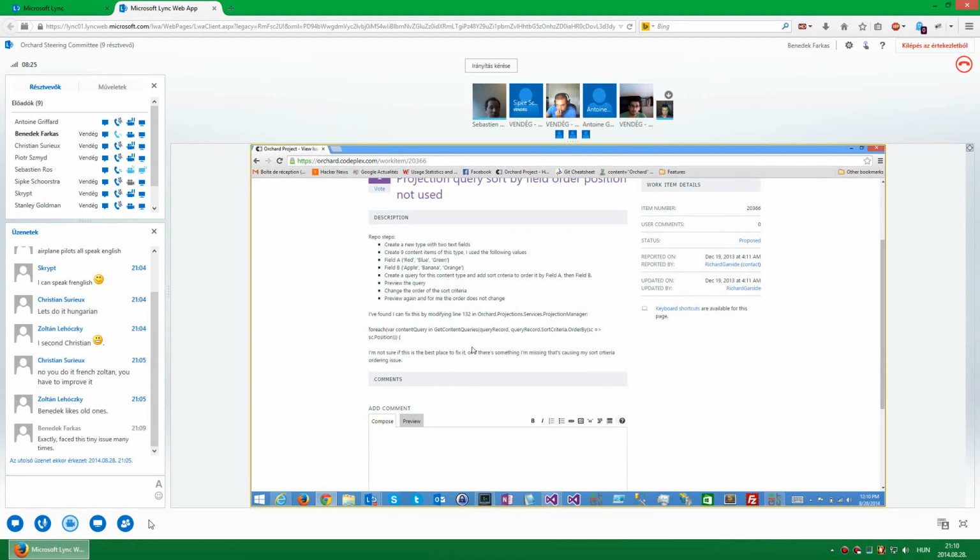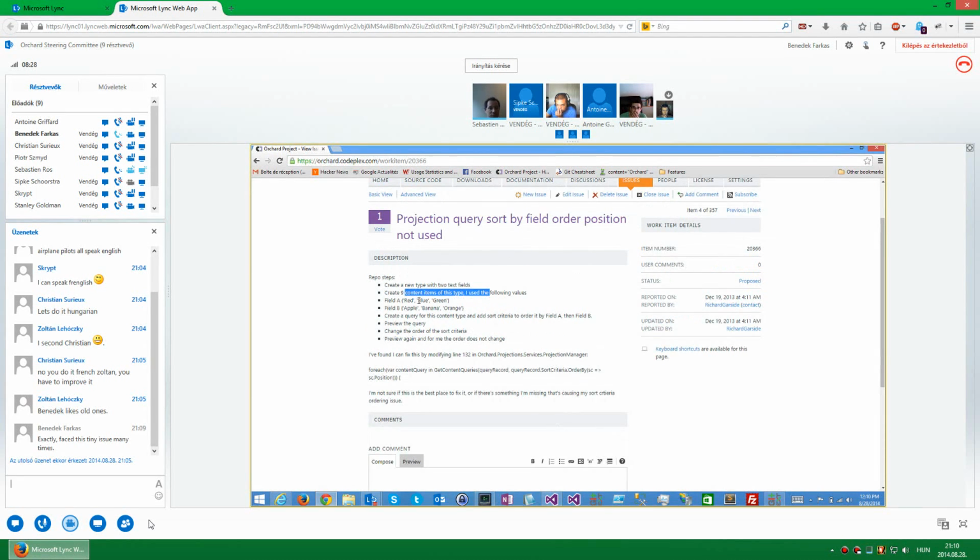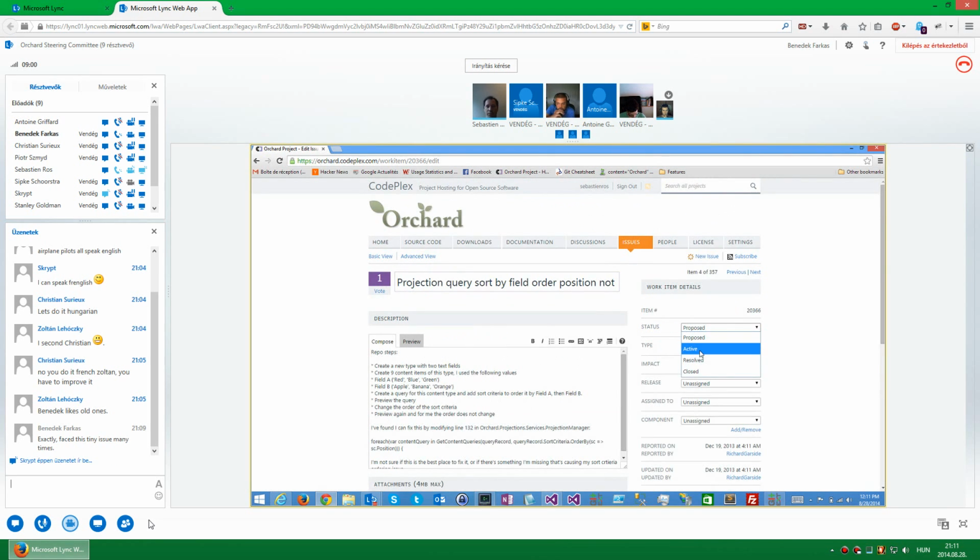Create a new type to text field. If we can repro.